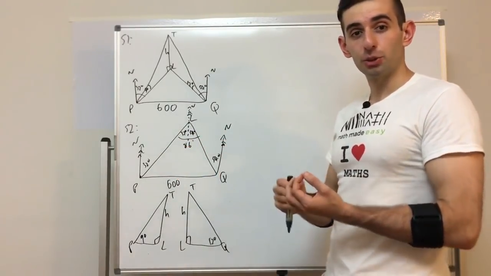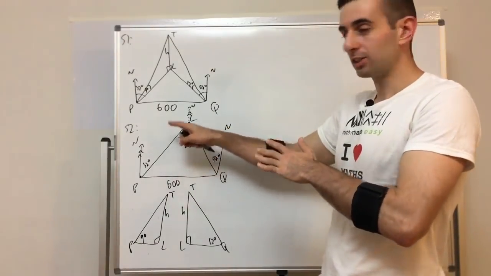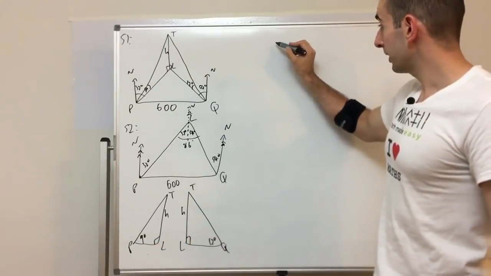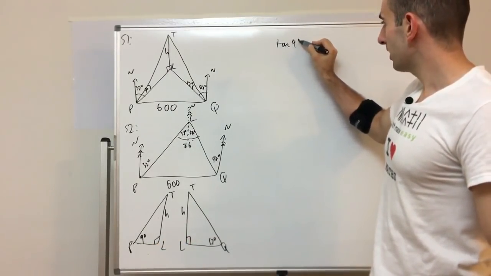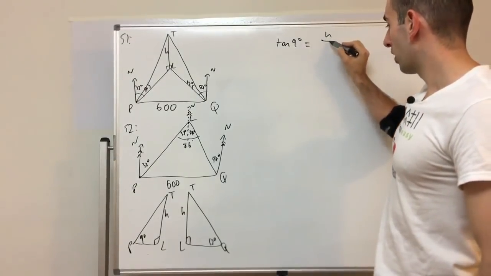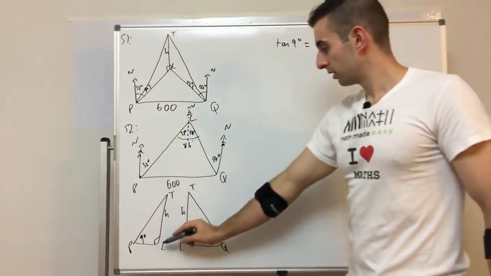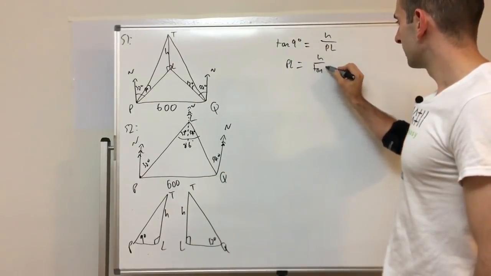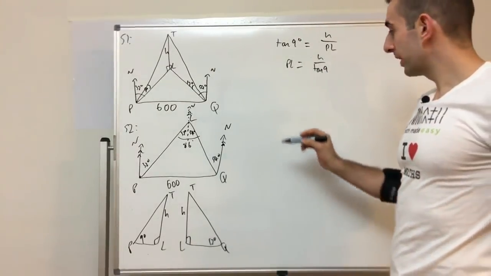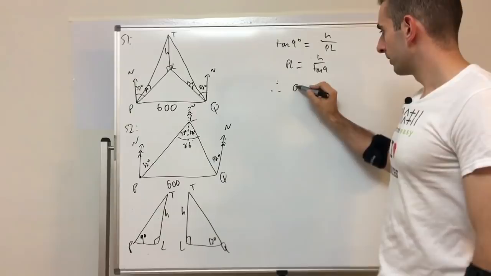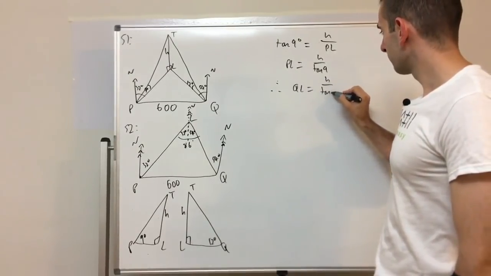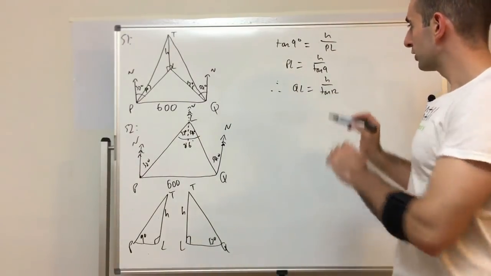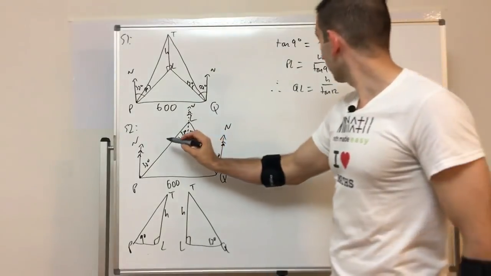So now we need to use basic trig to put all the unknowns and given values onto this triangle, which is these 2 sides. So you can see here, using basic trig, tan 9 degrees equals H over PL. So that means PL is going to be, if we swap it, H over tan 9. And then we can just write, therefore, QL will be H over tan 12, because it's the exact same process except I swap 9 degrees for 12 degrees. So those are the 2 values for PL and QL, which we put onto this diagram here to complete